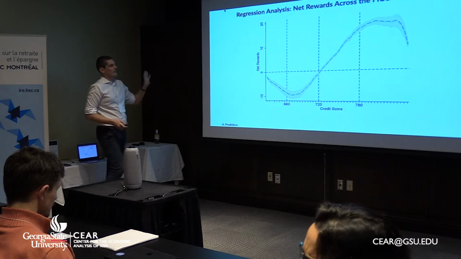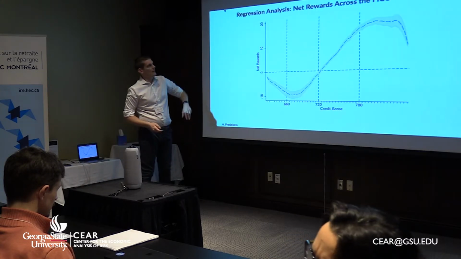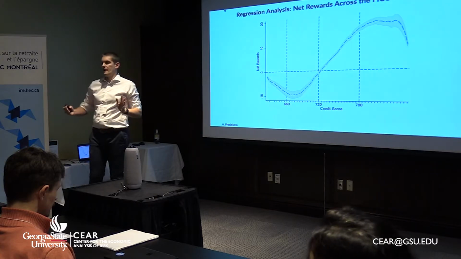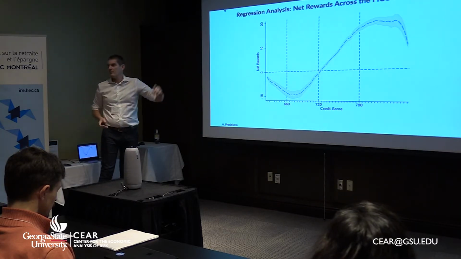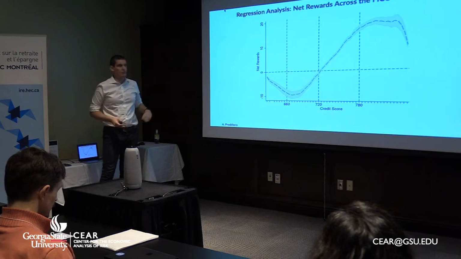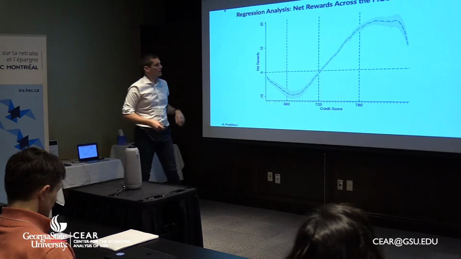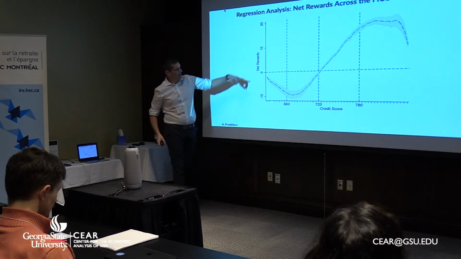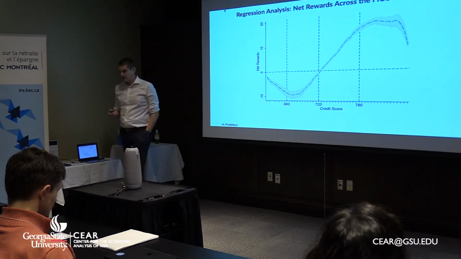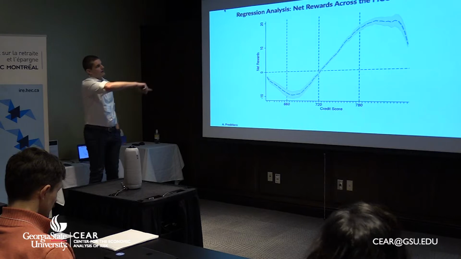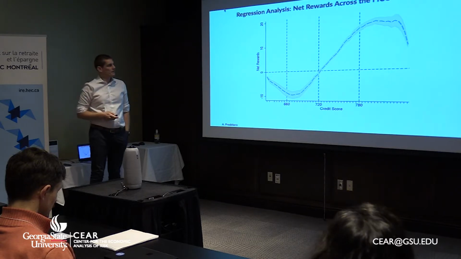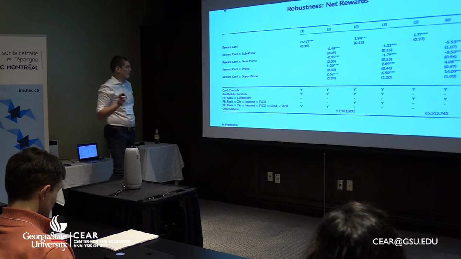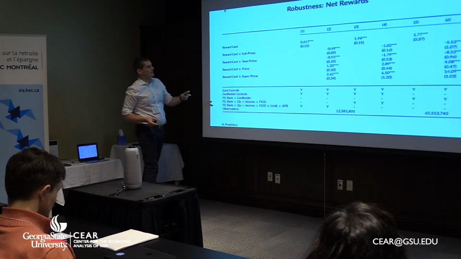So this is basically those results plotted, where rather than splitting across four buckets, here you have about 50 buckets, so a sort of continuous distribution, and you see the same shape as before. These people are losing money; this is the relative net rewards, the coefficient on the interaction, and you can see the people over there instead benefit. To get to your point, here we do exactly that.